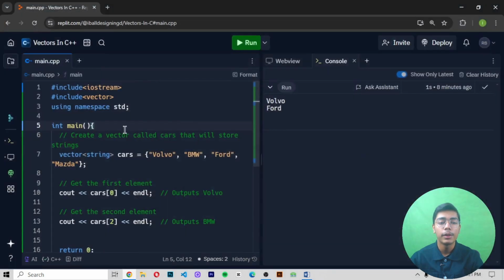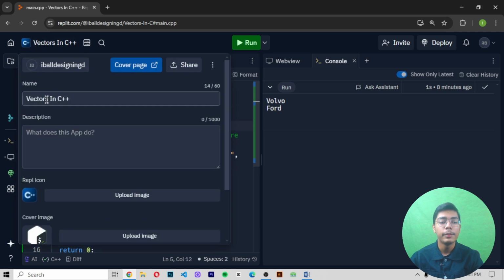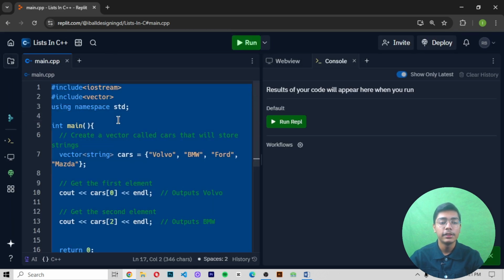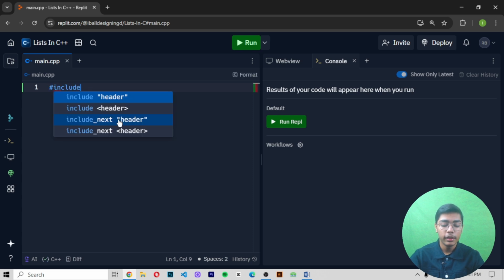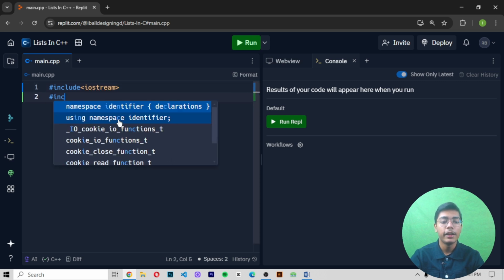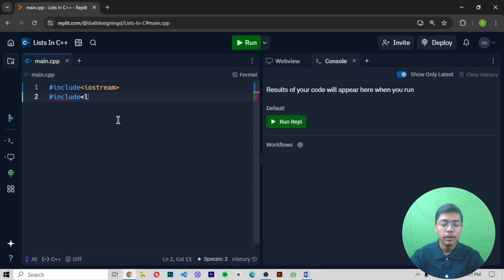Now I will be moving on to my Google Chrome, and then here I will be changing the title to list, and then I will be pressing enter. After doing that, you can see we will be getting all the things here. So I will now include iostream here, and after that I will be including the header file of list. For that I will be adding include list like this, and then moving down, I will be writing using namespace std,